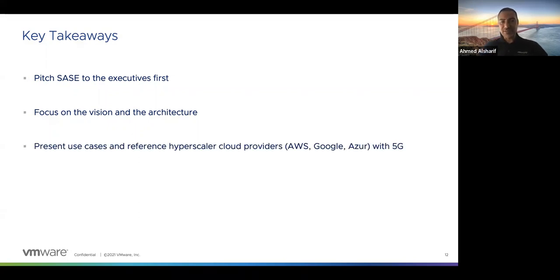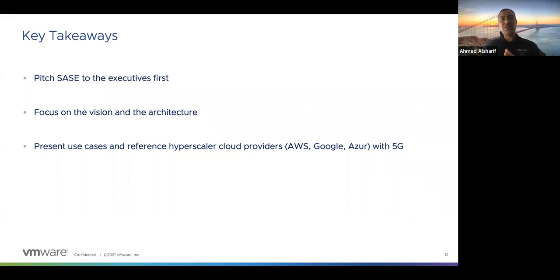Present our use cases. Make sure that you always use the hyperscaler approach toward no operation. Make sure you talk about 5G and what the hyperscalers are doing with 5G from a distributed architecture perspective, because this will immediately bring the compute services to the executive's mind, because this is important for them. Make sure that it is part of the SASE solution, part of the SD-WAN and security. You don't want your customer to focus on these two elements only, because this is today.